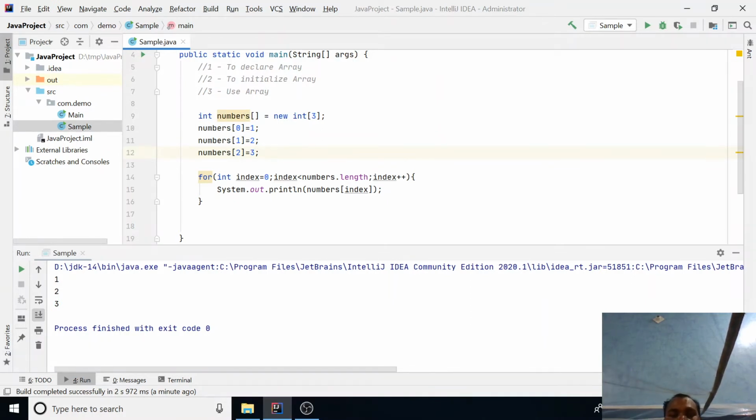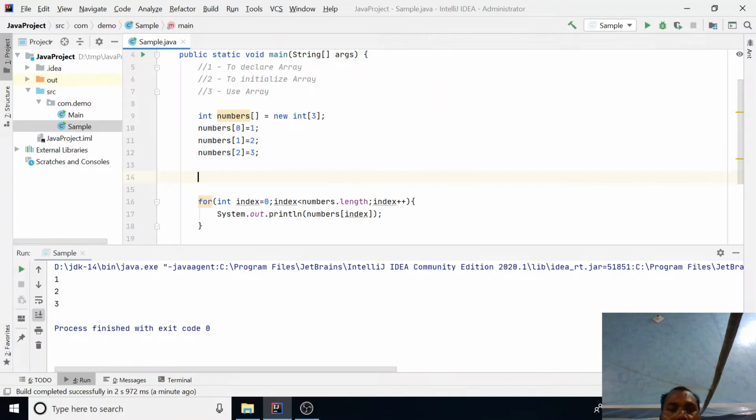Okay. And second, sometimes at the same place where we are declaring, at the same time we can initialize the values as well.